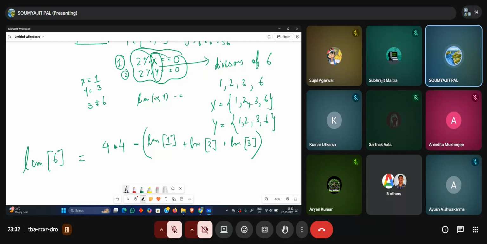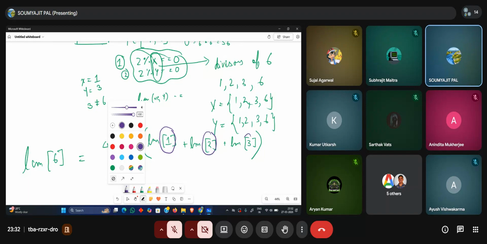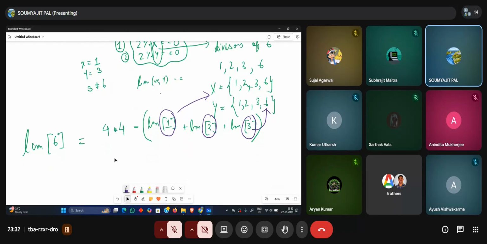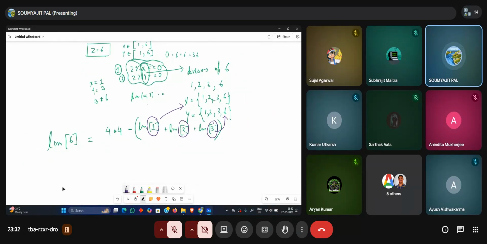If we closely observe, these 1, 2, 3 are nothing but divisors of 6. They all belong to this set. So in this way I have got an equation. I can write LCM of i is equal to D star D minus summation of LCM j,